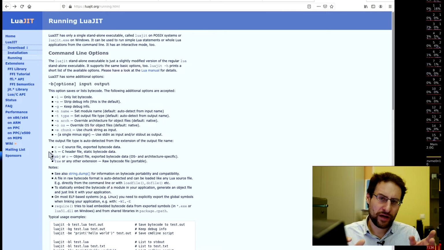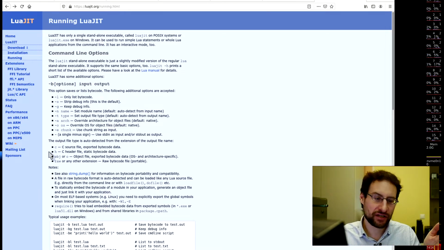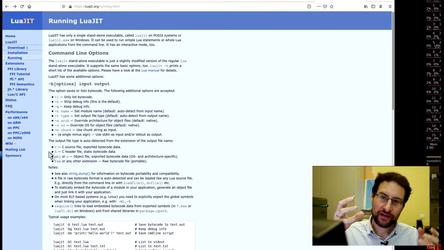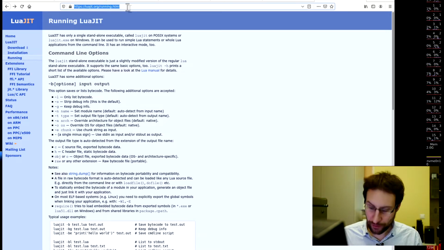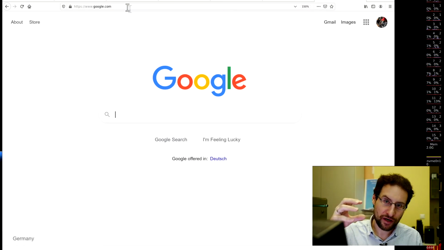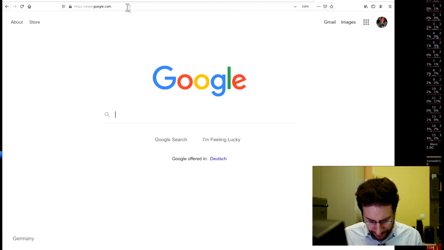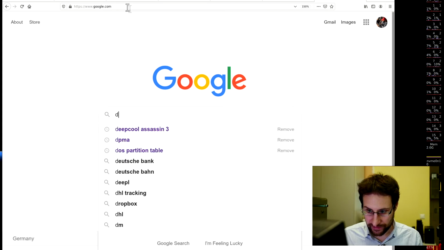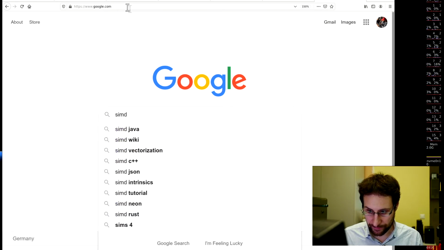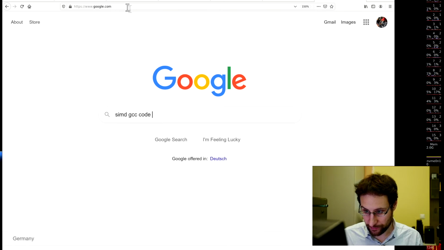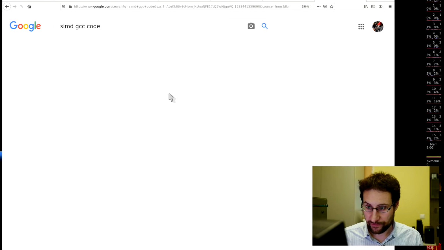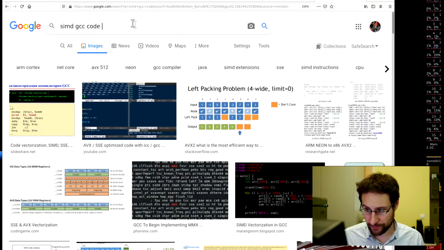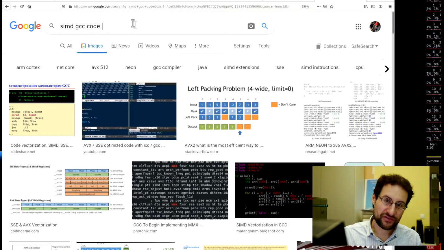And because of the way this single instruction multiple data stuff needs to be compiled, if you vectorize automatically to x86, for example, or any other instruction set, the code usually becomes large because you need a lot of assembly code for testing. Is it aligned? SIMD, GCC code. Do we have some nice images? Of course not, if you look for something, because there is alignment